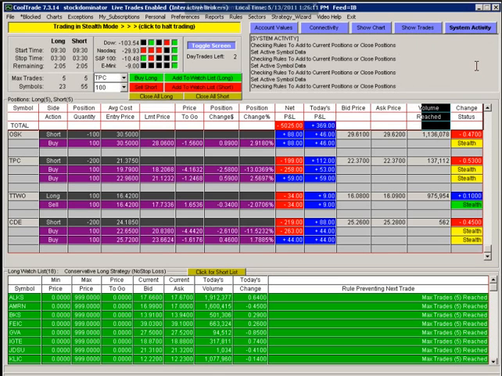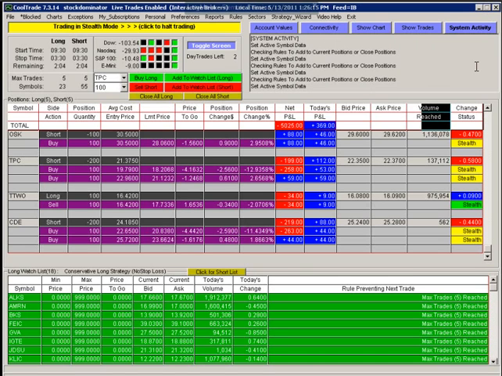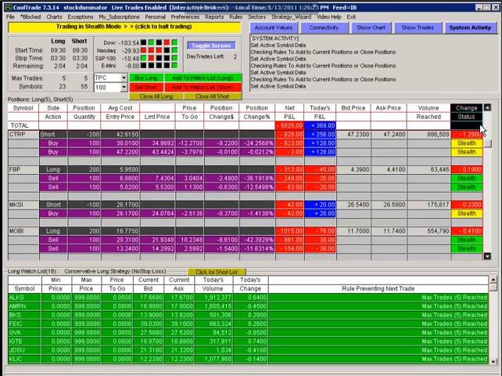Okay, so today we're looking at CoolTrade. It's running in real time. This is an existing strategy that's been running for quite some time right now. And go from the top, you can see right here, this strategy has 5 stocks that are long positions and 5